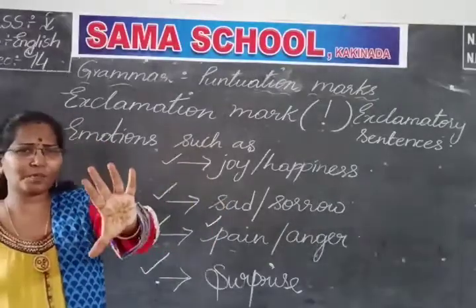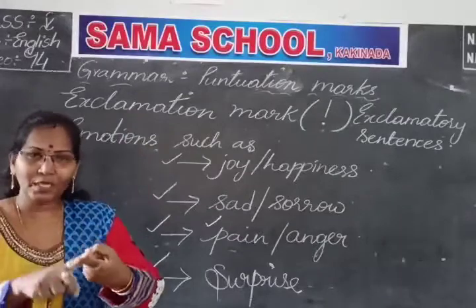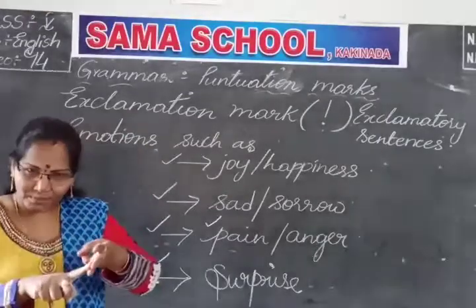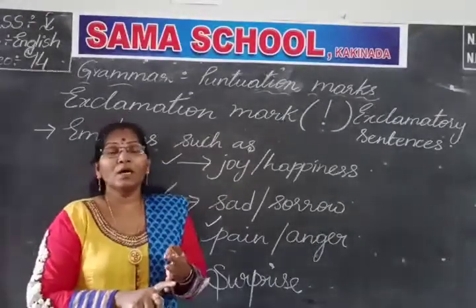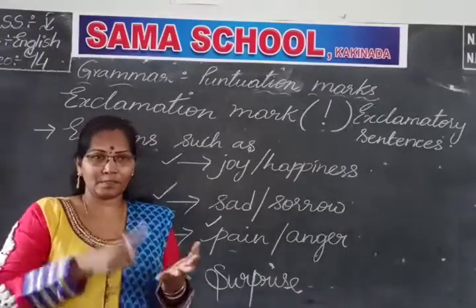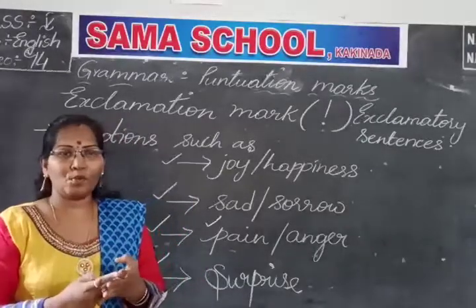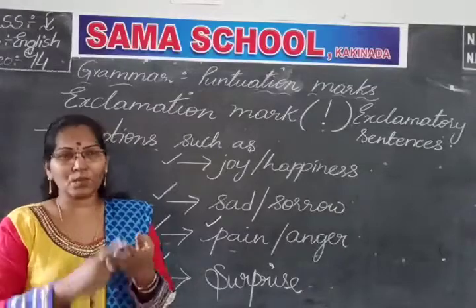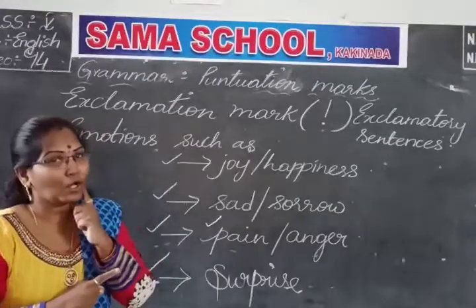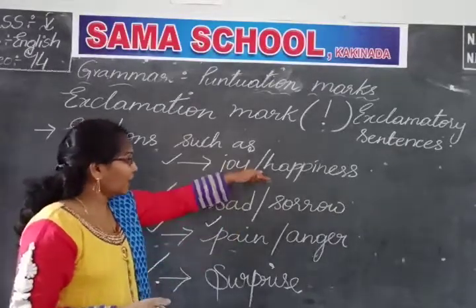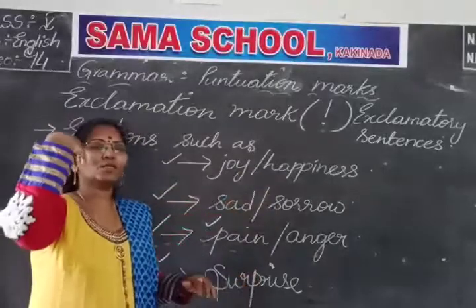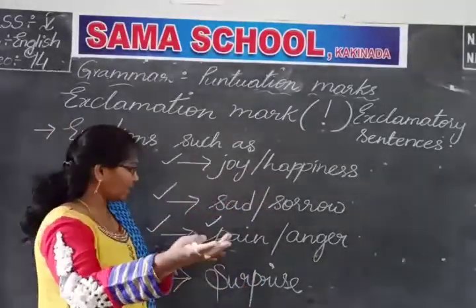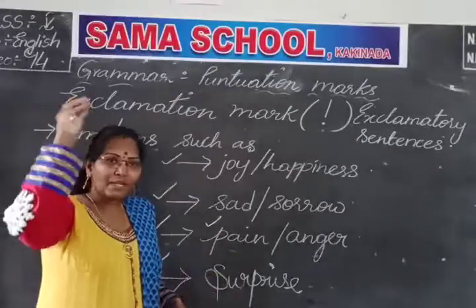Just your facial expressions will tell that you are happy or sad, or you are suffering, or you are in surprise. Whatever expressions, we can give with the support of your face. And that happiness or joy or anger or whatever it may be, all these we can put in